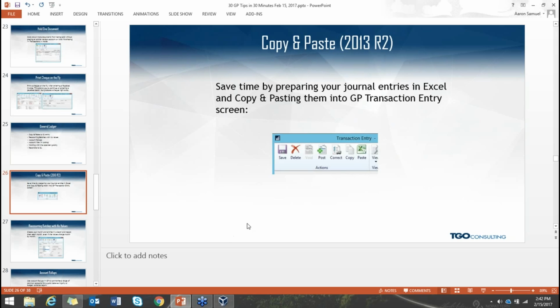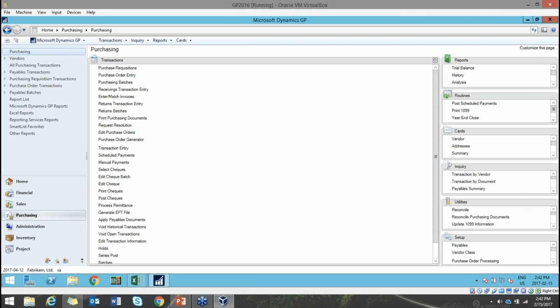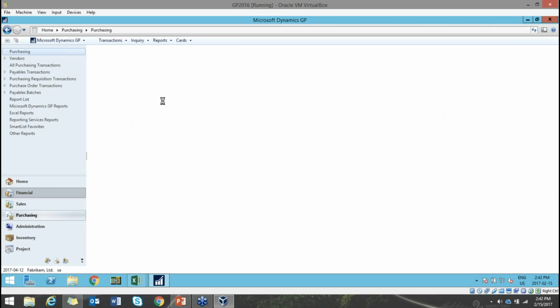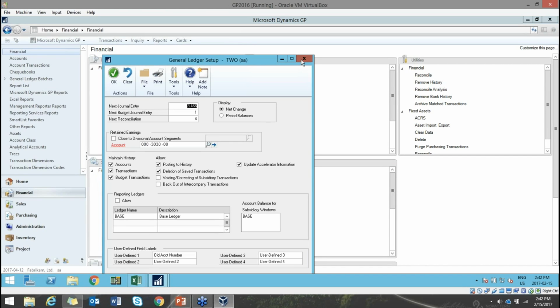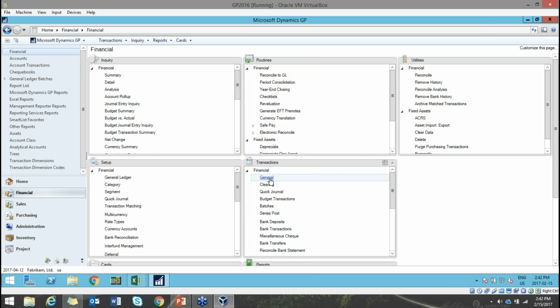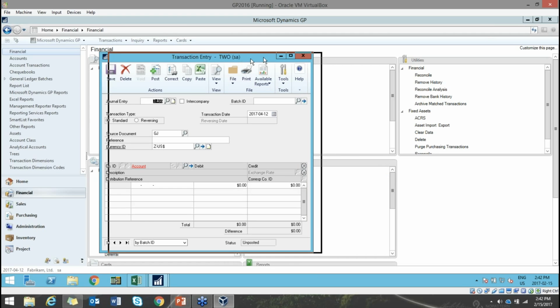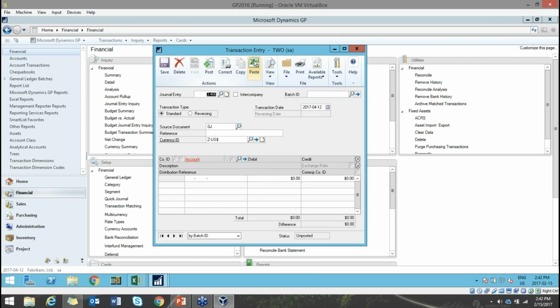So one of the things that you'll see here, and this was released in 2013 R2, is copy and paste. So in our financial module, under our general ledger transactions, you'll see in this release that we do have a paste from Excel. So after you set your entry up,